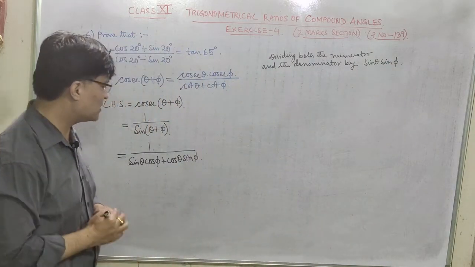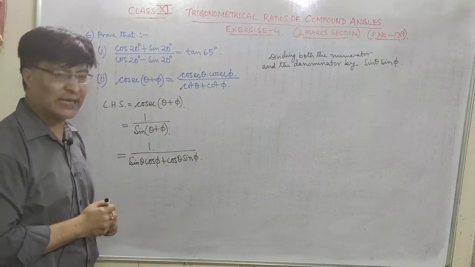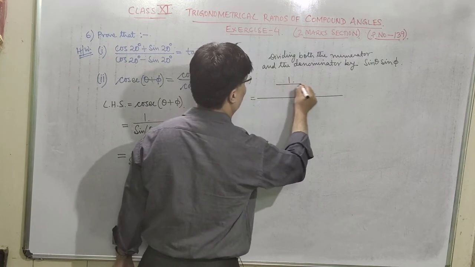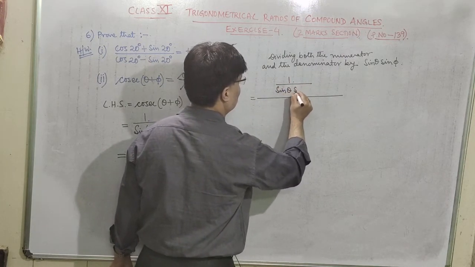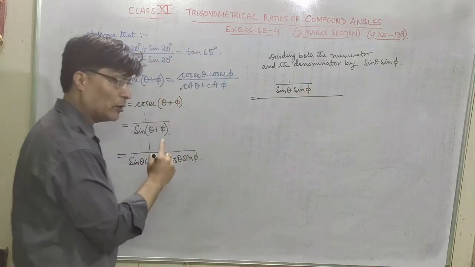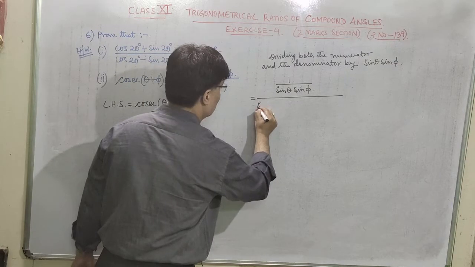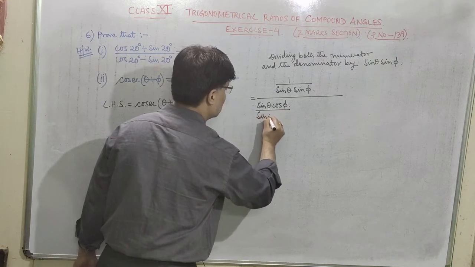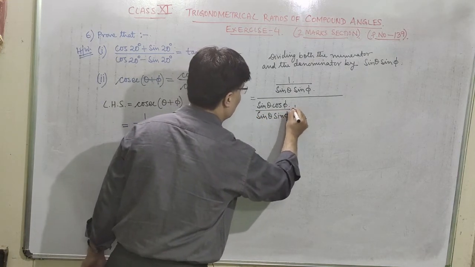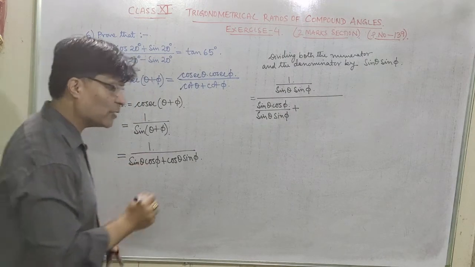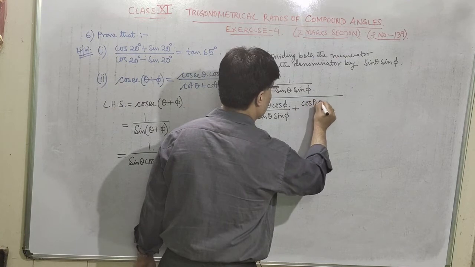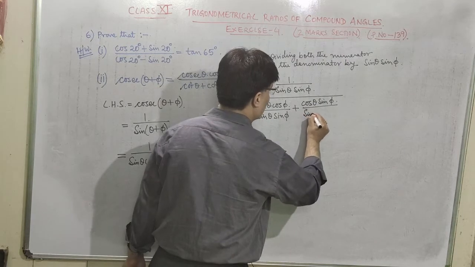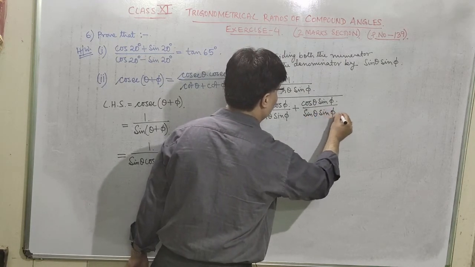Okay, so let us divide both this numerator and the denominator by sin theta sin phi, which is equal to 1 upon sin theta sin phi, upon, in the denominator you can separate the term sin theta cos phi divided by sin theta sin phi, plus, next second term is also divided by sin theta sin phi, so it is cos theta sin phi divided by sin theta sin phi. Okay,